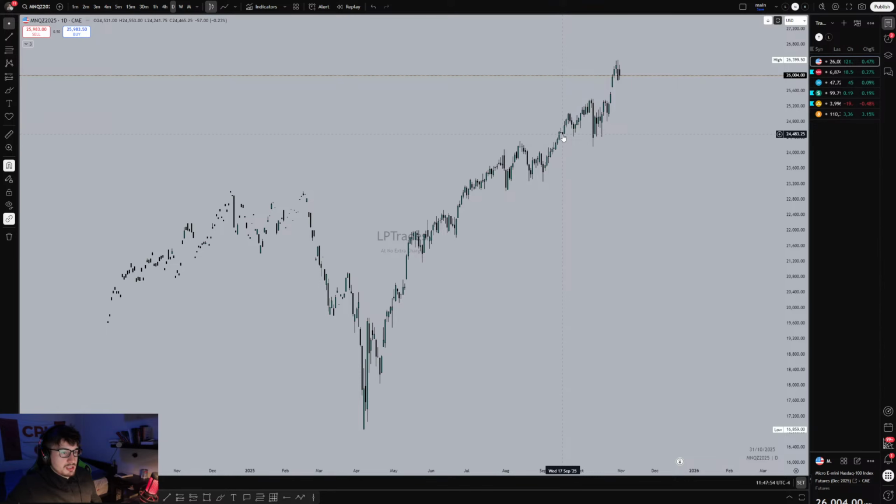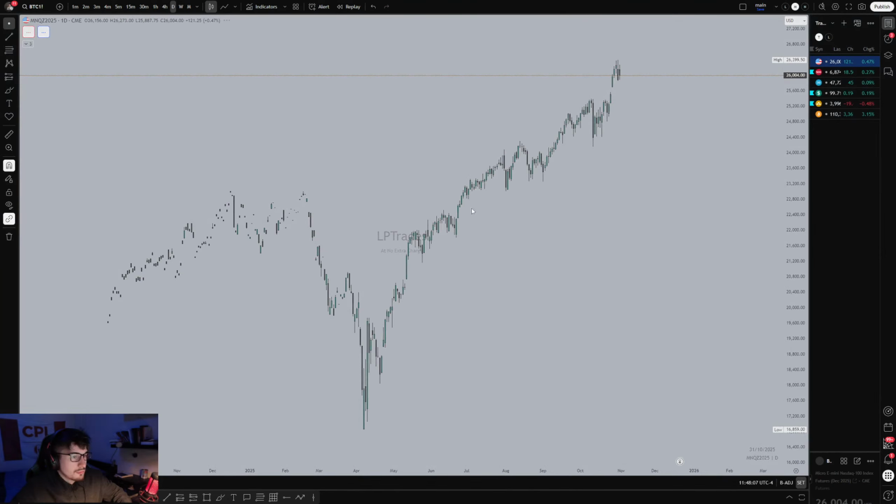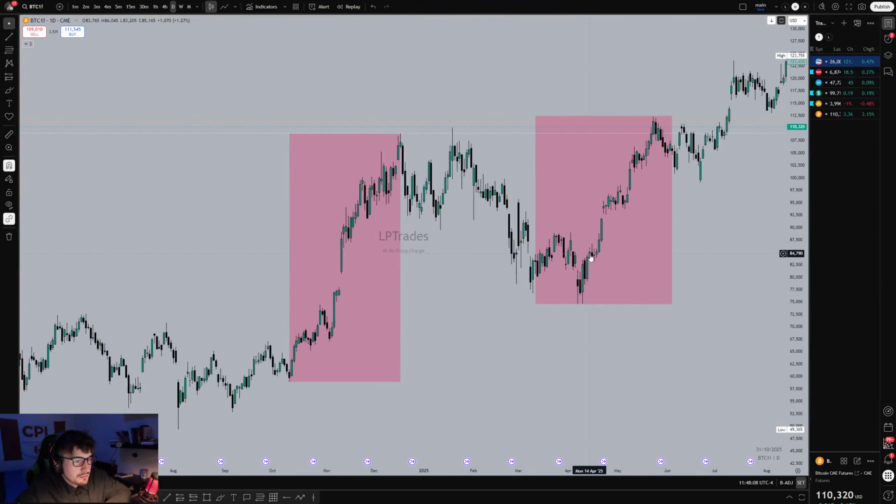Like, for example, on this day, on September 17th, we wicked out to a 2-day low, and then the candle's going down, 9:30 opens, and it shoots up, right? But I feel like on Bitcoin, if you go back here in this period of time, we don't really have many retracements that take out the low of the past few days. I mean, we do in these small periods of time, but there's a lot of very quick movement higher, gaps higher,